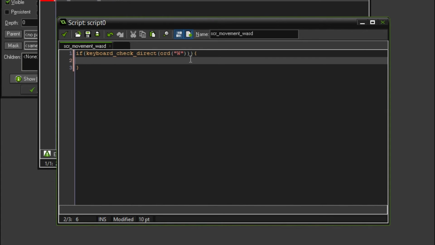Now, instead of down being negative, down is positive. Up is negative. So in order to change this, you would want to do Y, and then you would do minus equals. So minus equals is the same thing as saying Y equals Y minus something. So this is just a simpler way to abbreviate it. Y minus equals, and then you're going to want to do